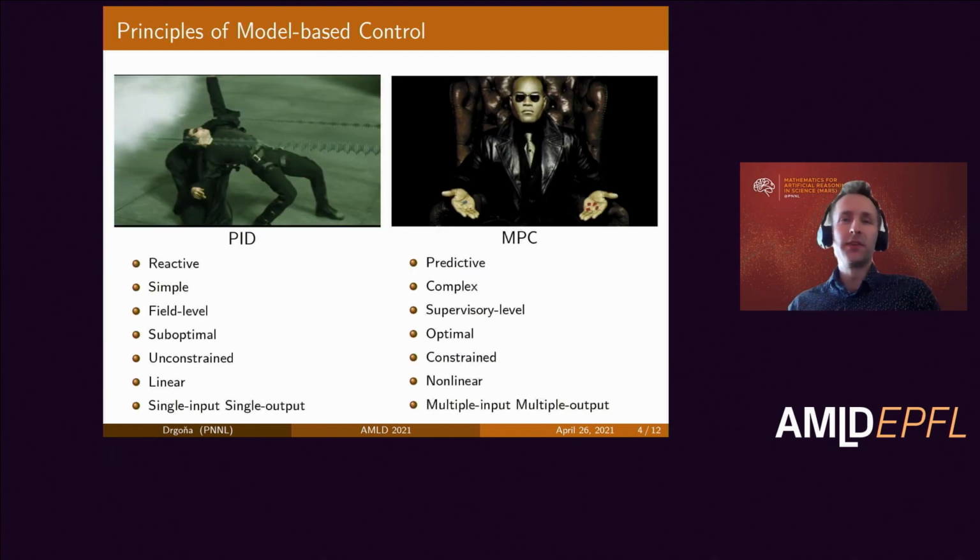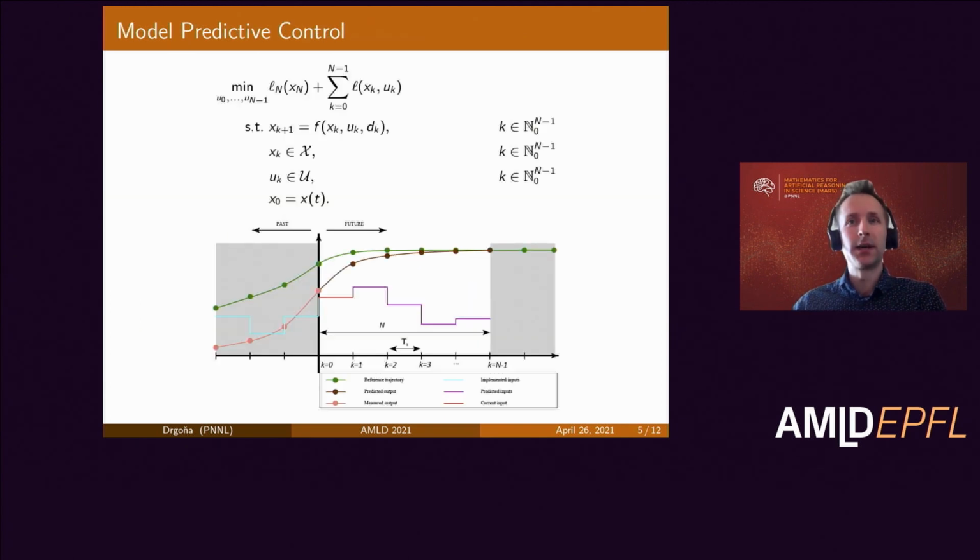So you can think of this relationship with PID controllers on the simple, low level, and model predictive control on the high level, complex and predictive, as an analogy of Morpheus guiding Neo to fight the bad guys. Model predictive control is supervising PID loops to track the reference and do the disturbance rejection. And the whole system-wide optimization is done on the model predictive control side.